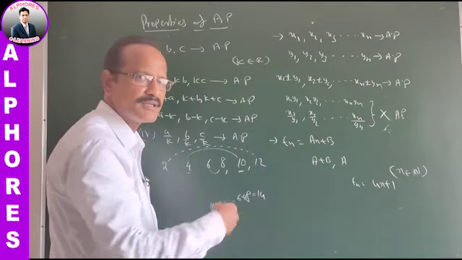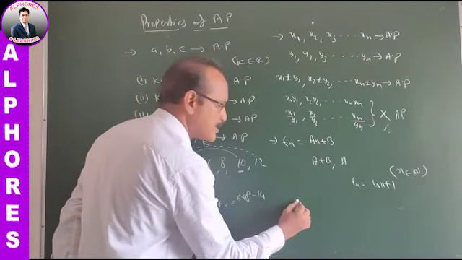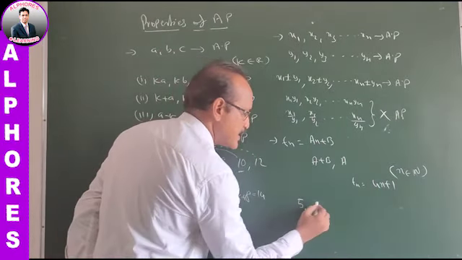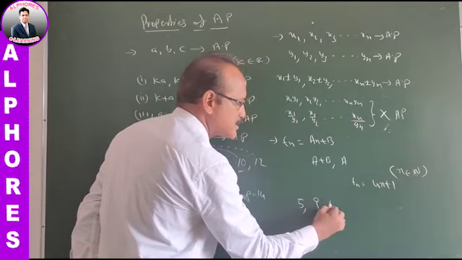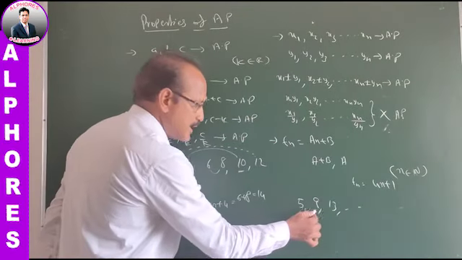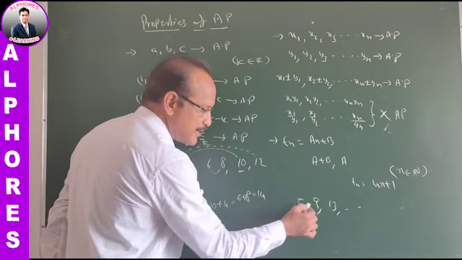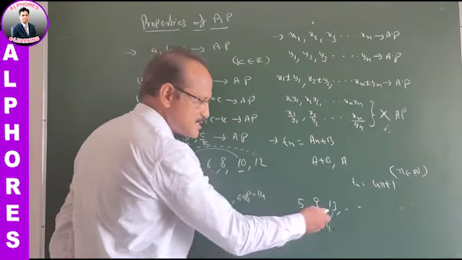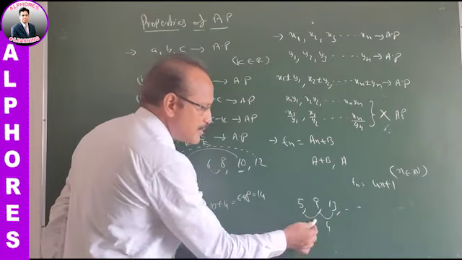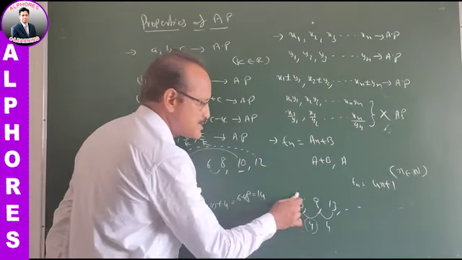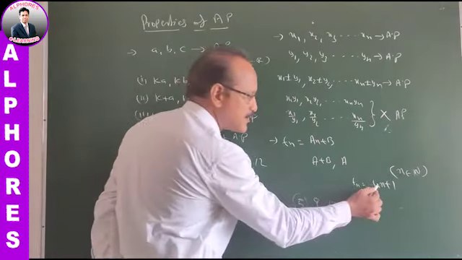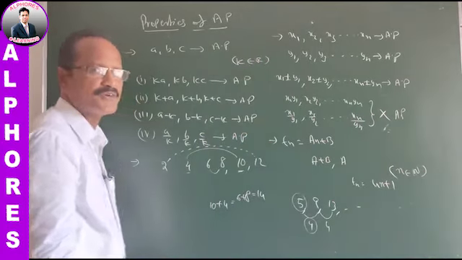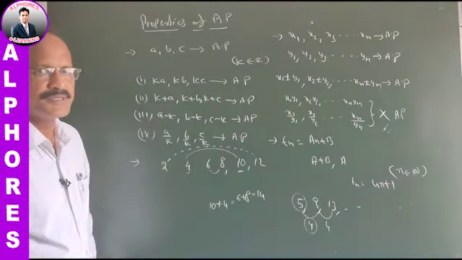Now I am writing all the terms of the sequence. Suppose n is equal to 1, the first term is 5, n is equal to 2, the second term is 9, and the third term is 12 plus 1, 13, etc. 9 minus 5 is 4, 13 minus 9 is 4. Of course, this is an AP series with common difference 4, and the first term is 5. That is, the common difference is the coefficient of n, and the first term is a plus b. So that is one of the points.